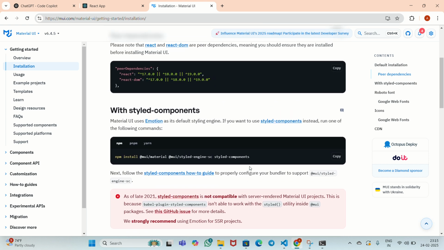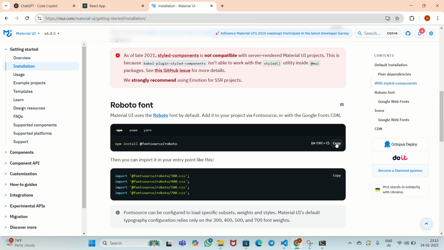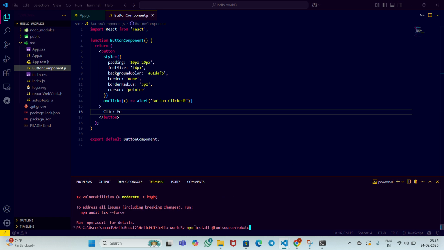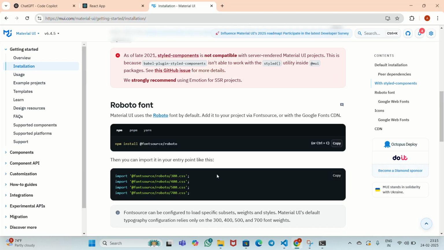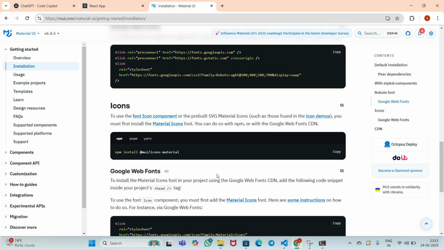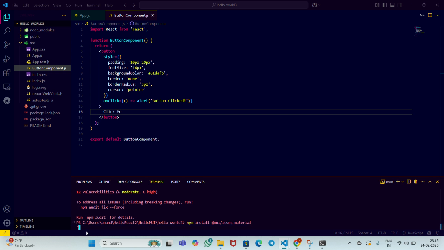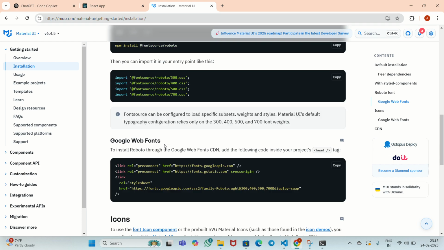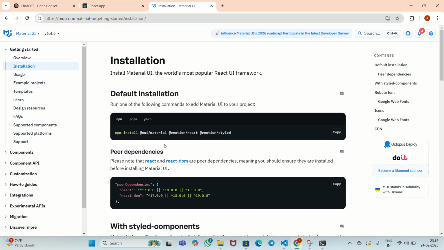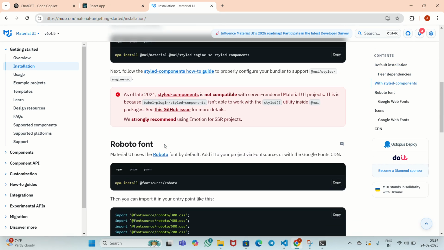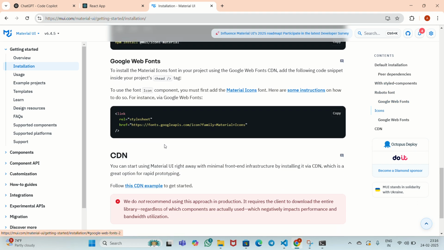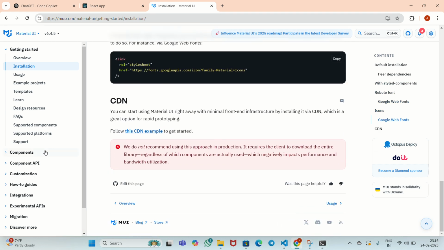Then again go to this page and copy the Material Roboto font code, paste it here and press enter, and follow the same steps for the icons also. Copy and paste in the terminal, press enter. After completely installing the libraries for the default installation, the Roboto font and the icons, we will go to the